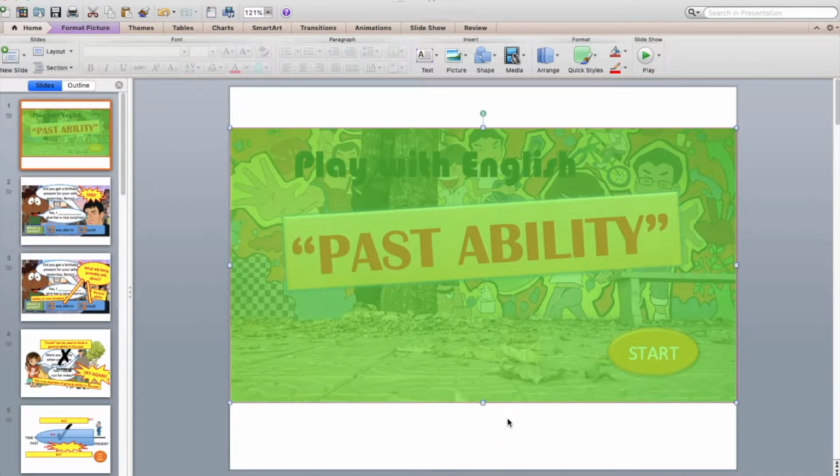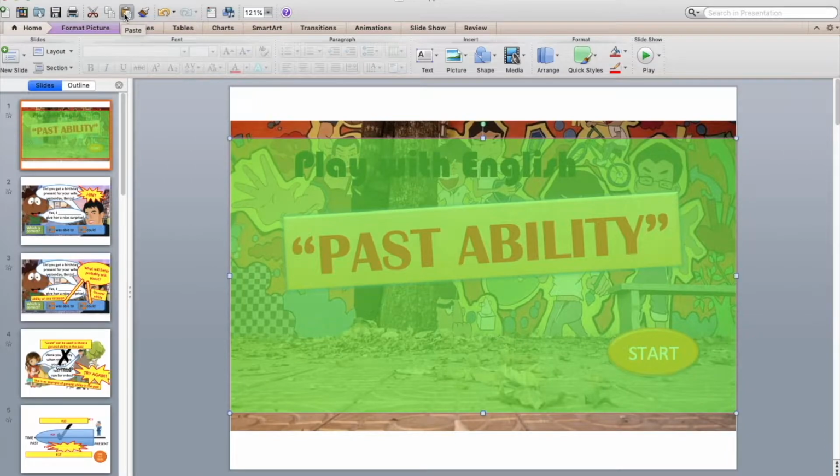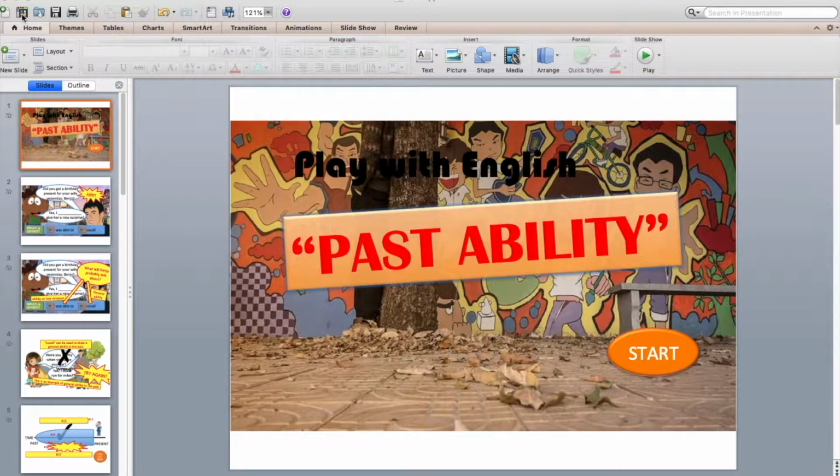You can crop the area if you like, or if you're happy to have those bits outside that area, then just leave it the way it is. I won't show this slide every time, but I'll put a green screen reminder at the end of each slide. And then, when you're ready, just cut the green screen from your slide. If you're satisfied, I would recommend you to save your presentation at this stage.